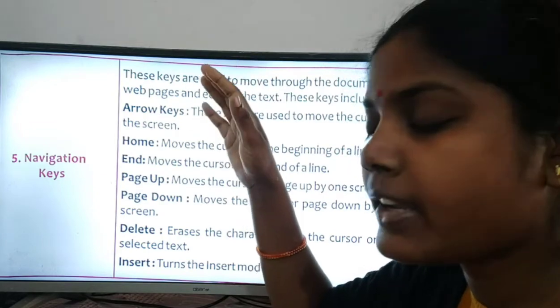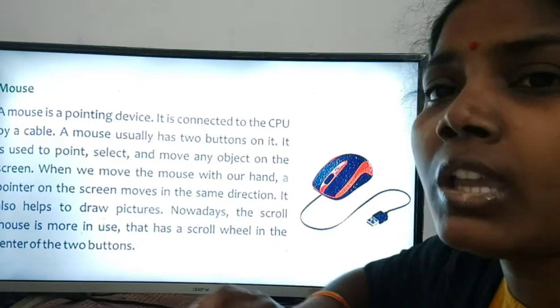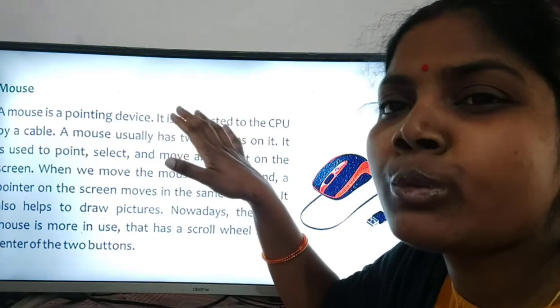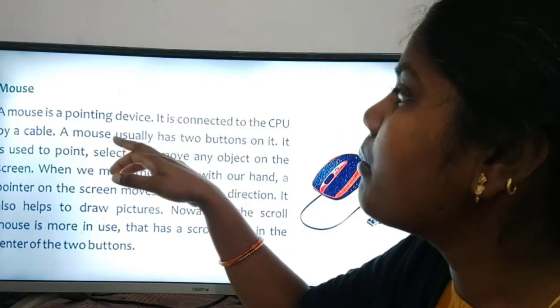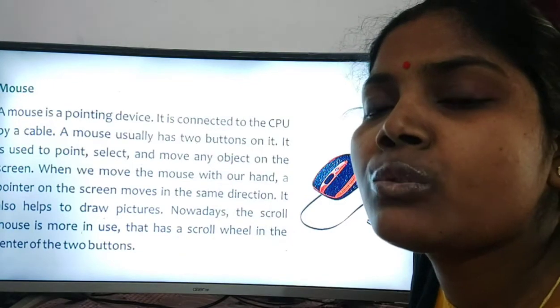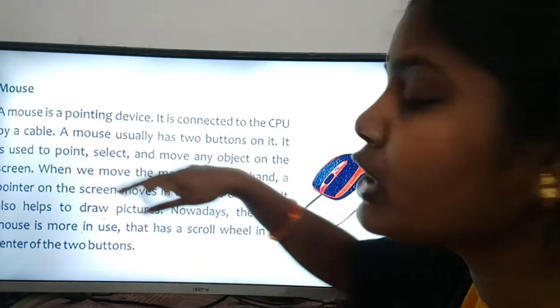Okay, so the next topic is the mouse. Among the main parts of a computer, the mouse is also important. A mouse is a pointing device. So now I am teaching you, no?